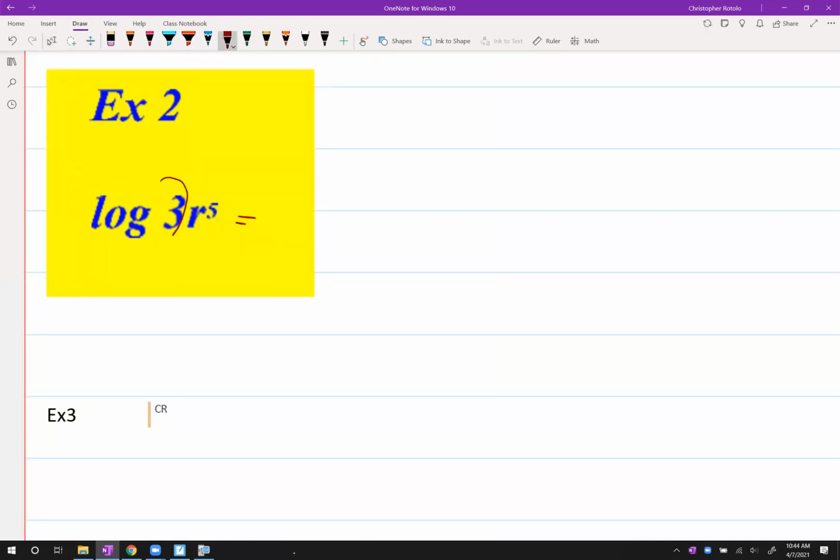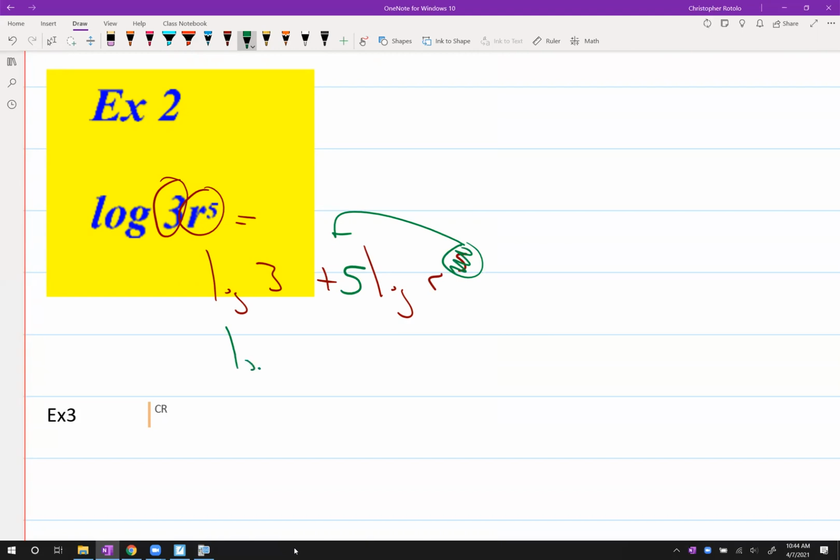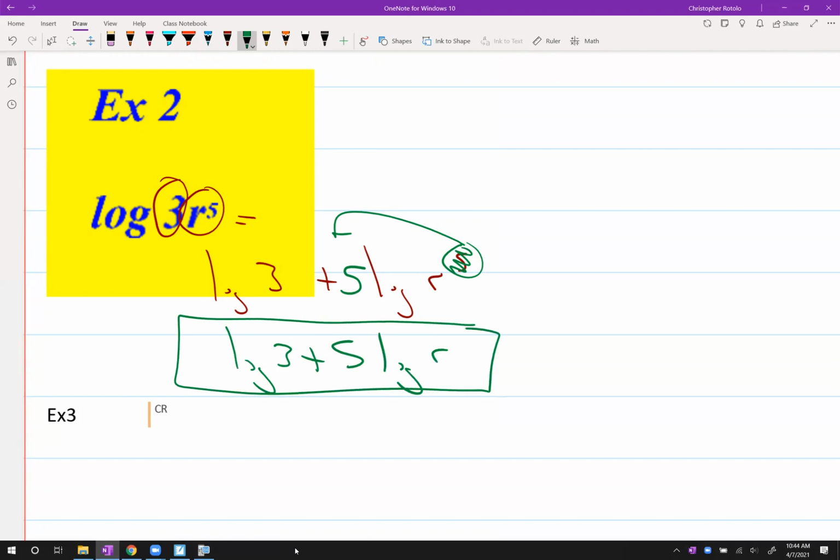All right, so right now I have 3 and I have r to the 5th. So I need log 3 and log r to the 5th. They're being multiplied, so I'm going to put a plus in here. But I got one more thing, right? I got one more thing in this one. So this 5 should come down here, and then I can take that out. So it should look like log 3 plus 5 log of r, and then it's completely expanded. I know I did it correctly if I can put this back together, right? This will become r to the 5th multiplied by 3, so 3r to the 5th,